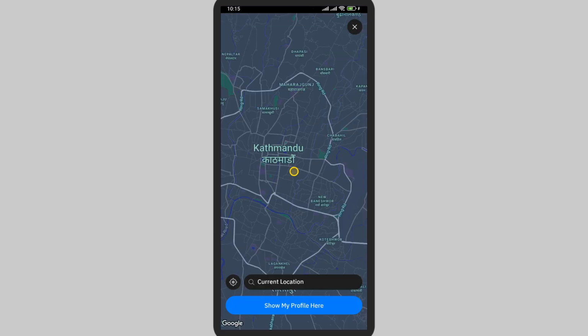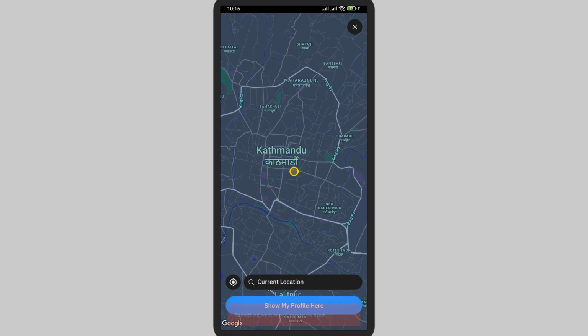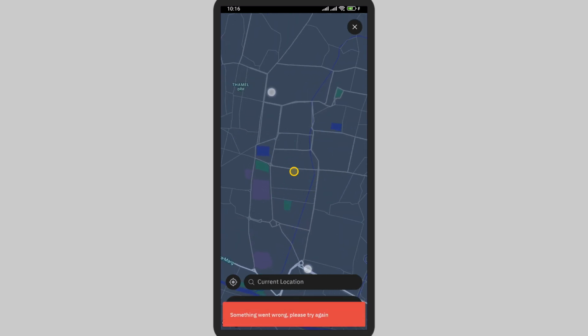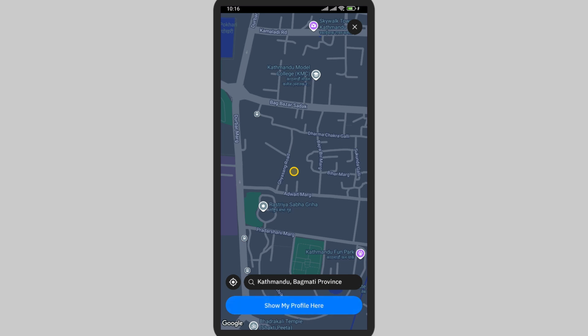Basically, this is a way of exploring yourself by which you can give your location to others and you can easily roam people around you. Now here, simply tap on the location that you're in, and after you do that, other people will be able to view in which location you are in, and later you can even figure out other people's places and later link with them and even